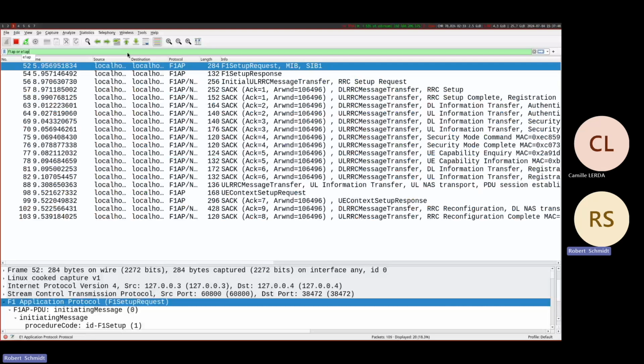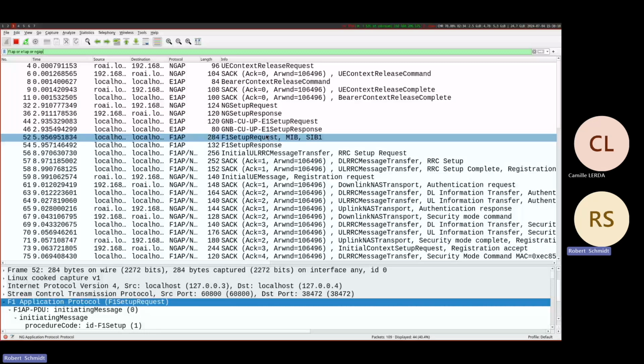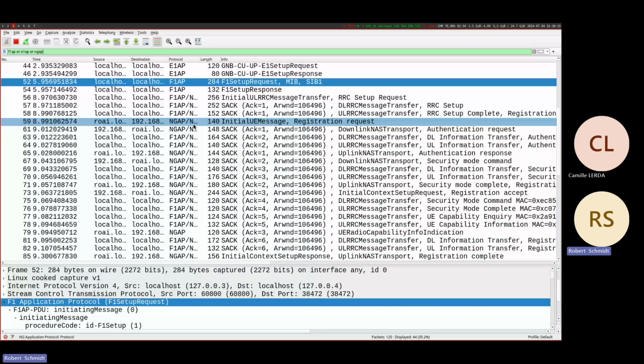Here, I have the capture filter set to SCTP so that I get all the SCTP communication, and with that I capture NGAP, F1AP, and E1AP. In the beginning we first see the NG setup request and response. Then we have the E1 setup request and response. Then we have the F1 setup request and response, where all the different parts communicate. Then you have most of the time F1AP and NGAP intermixed, but towards the end you also see that there is E1